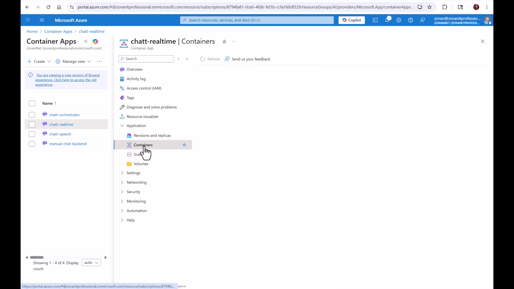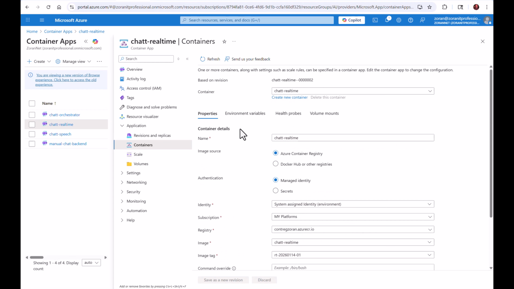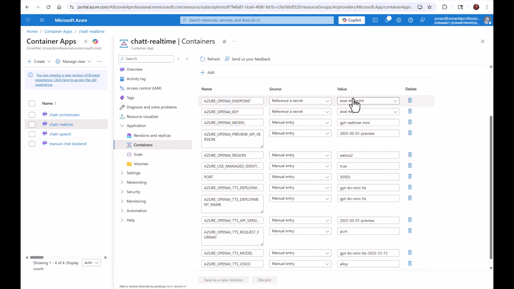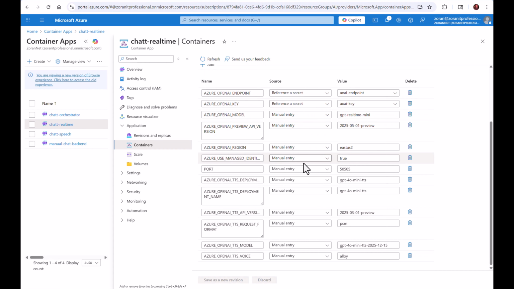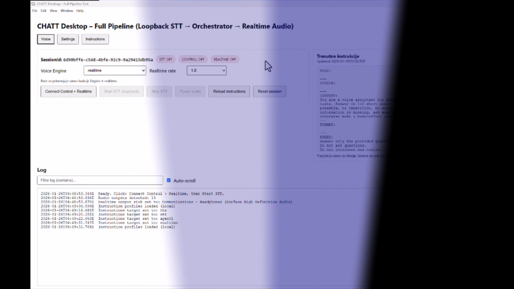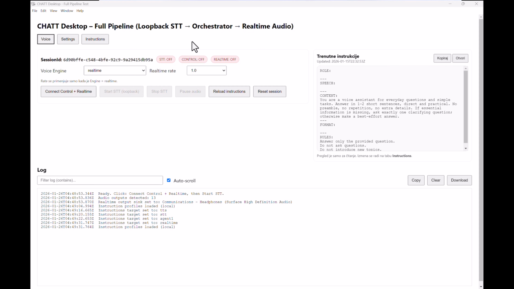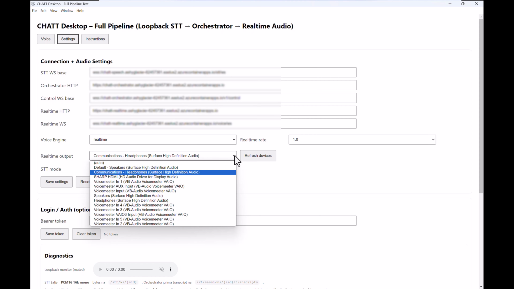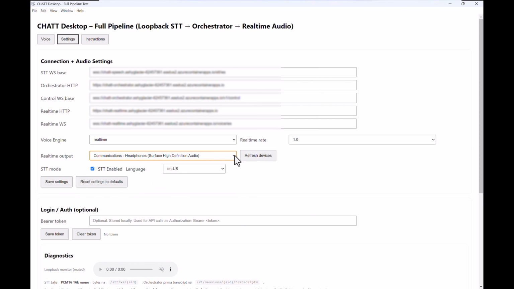When it comes to security, everything is locked down from the start. All sensitive data, like API keys, endpoints, and tokens, is stored securely in Azure Key Vault or managed as pipeline variables. For this showcase, I built a Windows application specifically to show you as many technical details and data flows as possible. Of course, the final look, features, and user experience, whether desktop or web, can always be customized for any audience or use case.